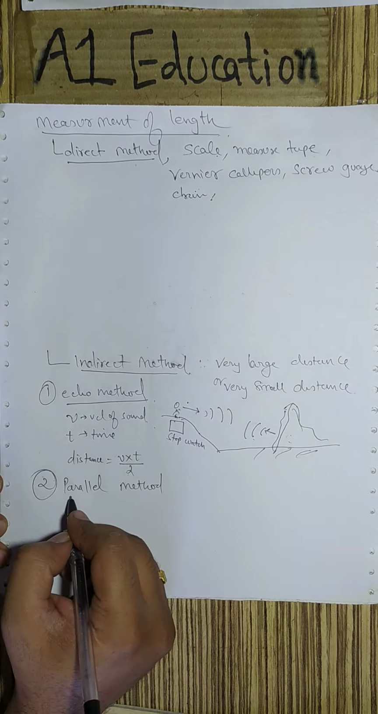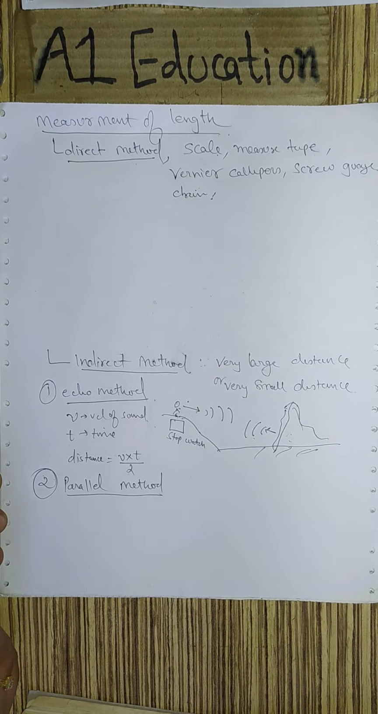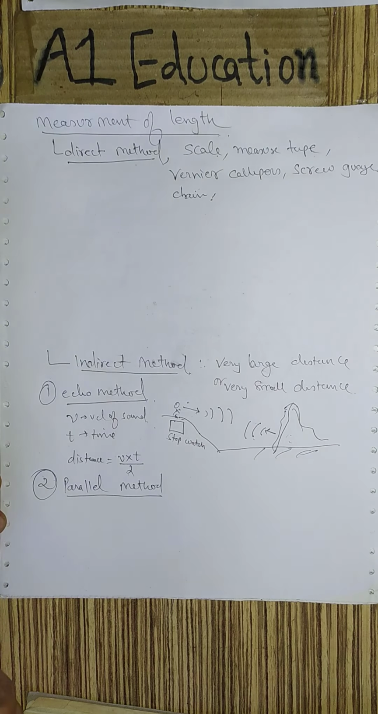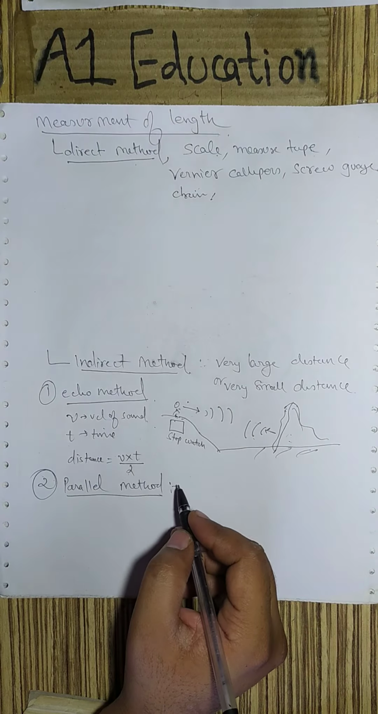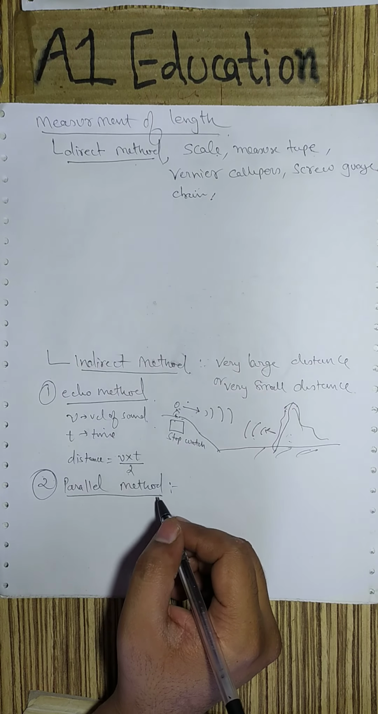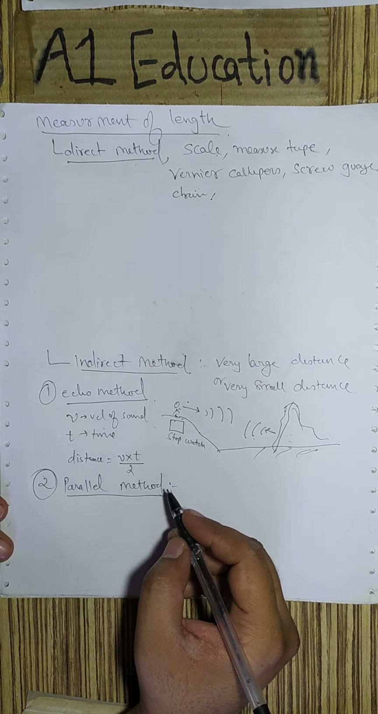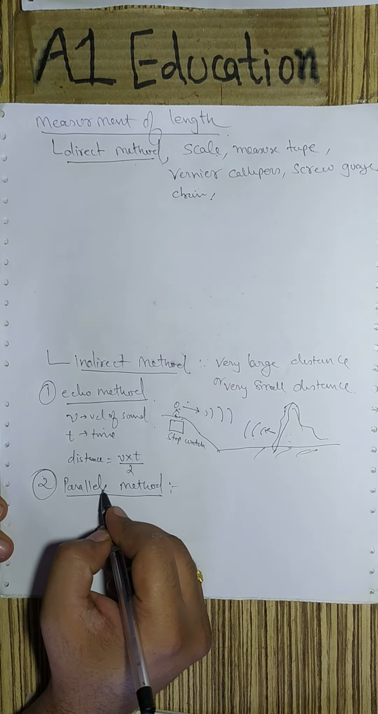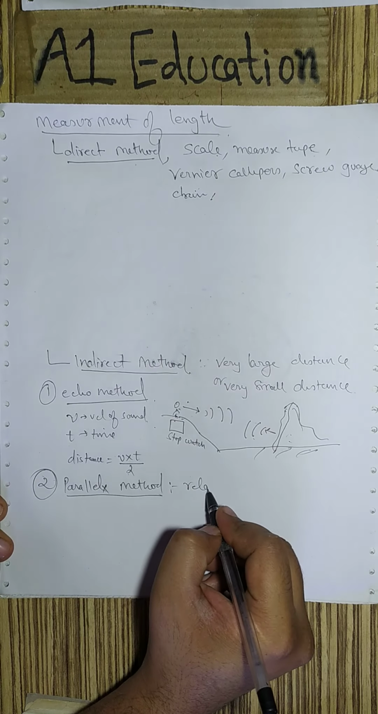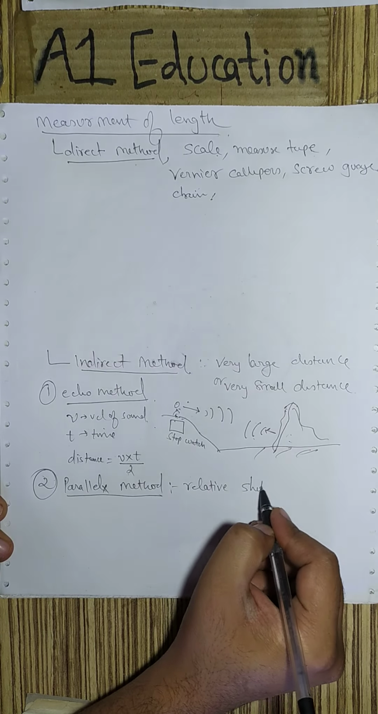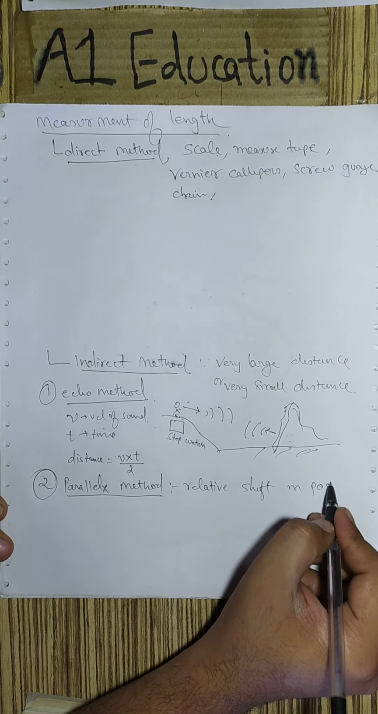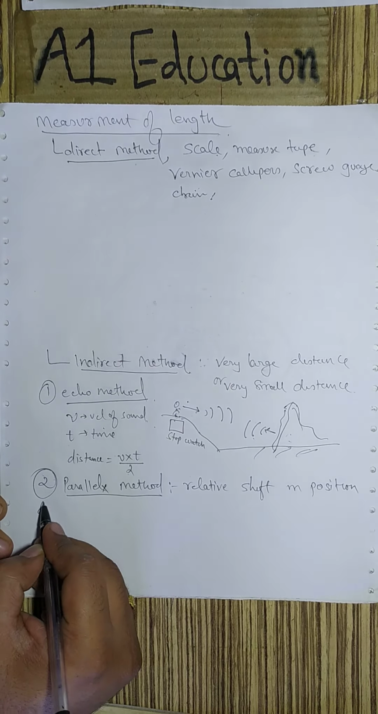Parallax method. There are many methods based on the echo method, laser method, sonar method, and triangulation methods. But again, the numericals we have are based on this parallax method. So what is the parallax method? The word parallax means relative shift in position of an object